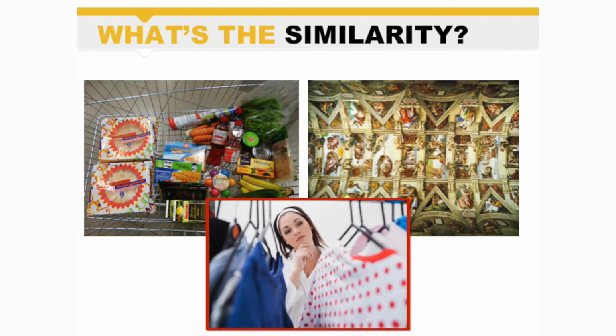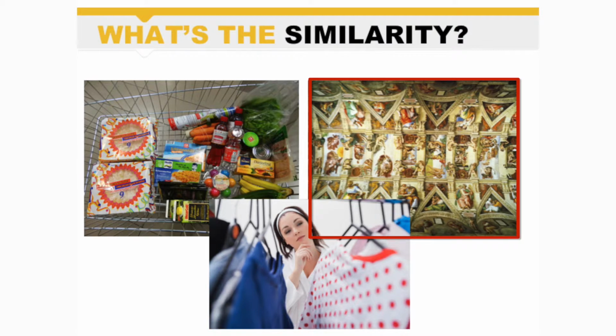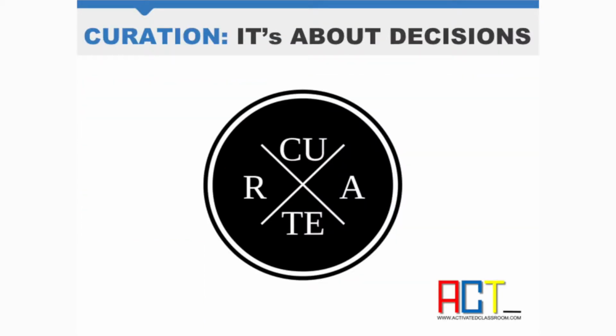Here is clothing. Every morning you get up, you have to make a decision as to what clothing you're going to put on. The other one, the dark one, is a picture of the Sistine Chapel. That was painted by whoever, Leonardo or Michelangelo or Rembrandt or whoever. He had to make a choice. It's a whole lot of Bible stories, which ones he was going to group together. The point is, all of those are examples of curation.